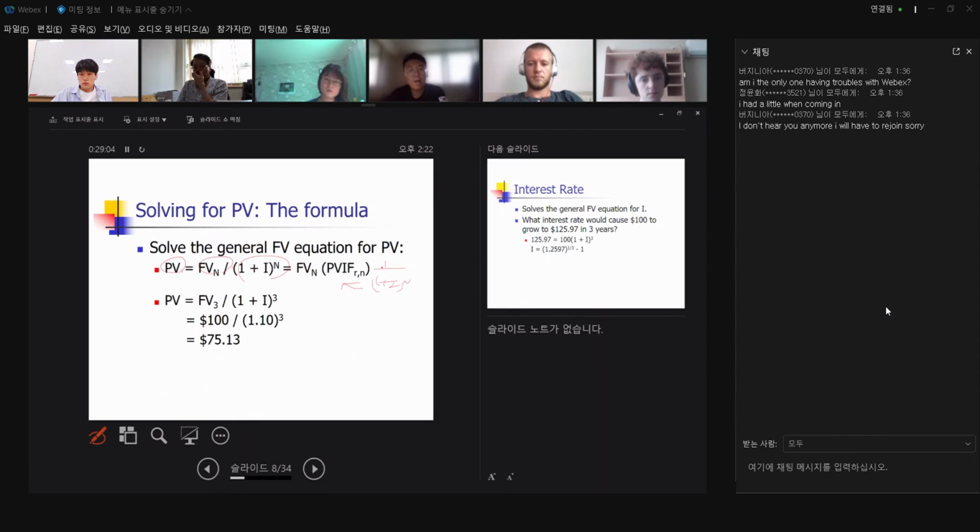So in this case, if we have $100 3 years later on, then 100 divided by 1.1 to the power of 3 is going to be $75.13. So we can get the answer by using the table. If you take a look at table 2,